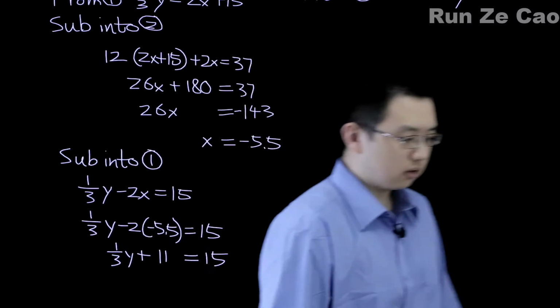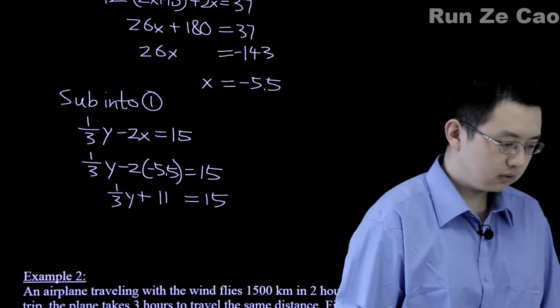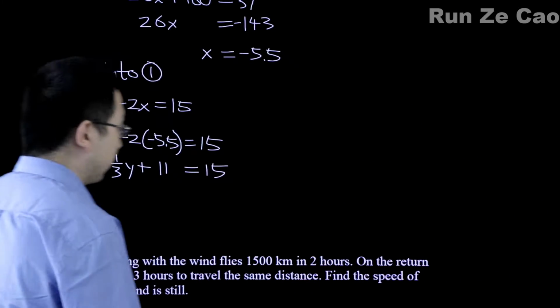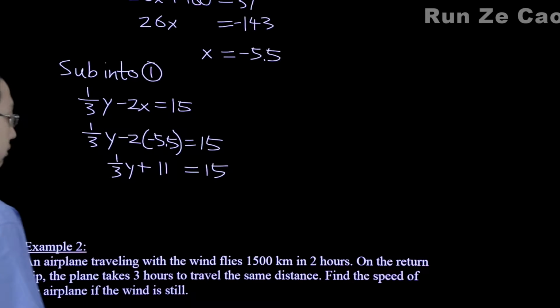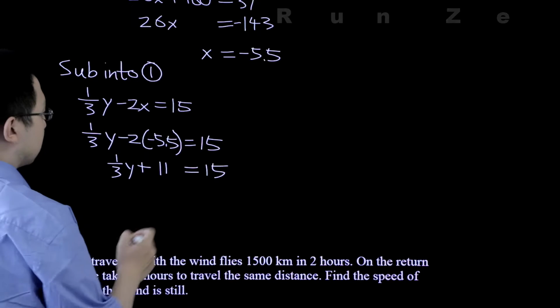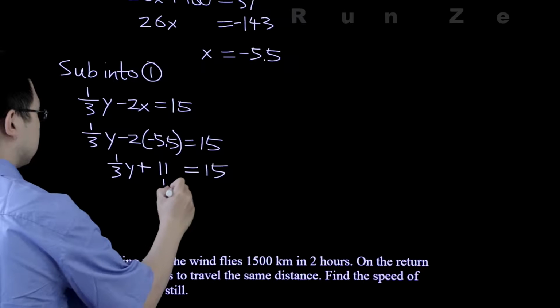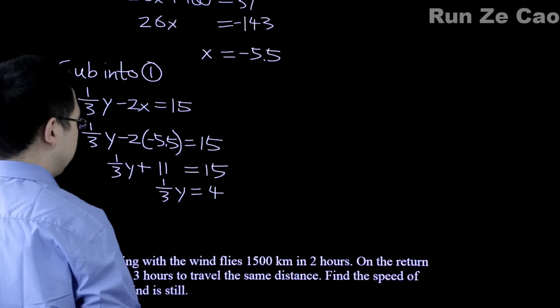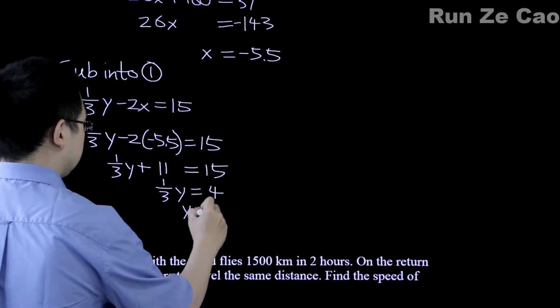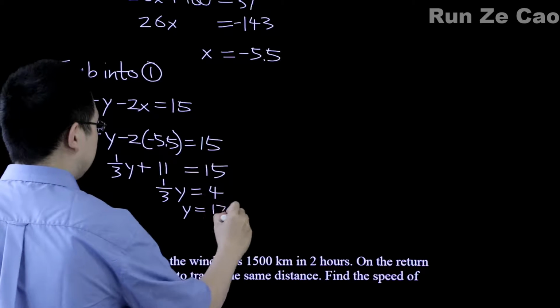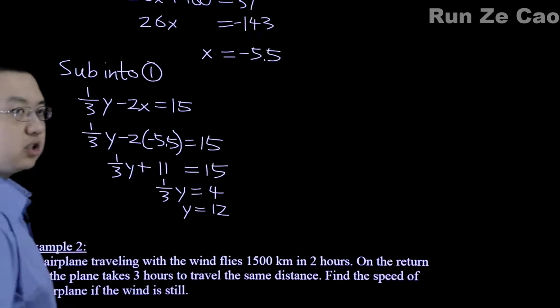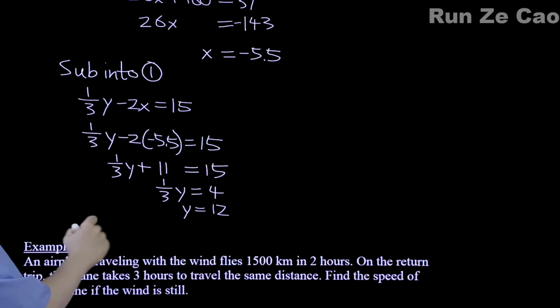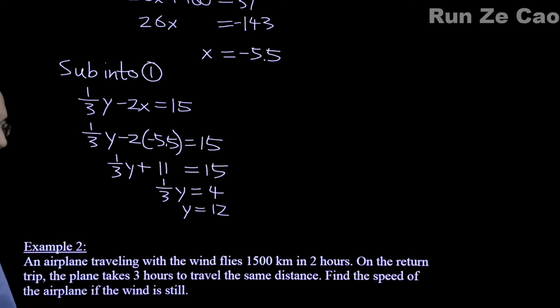And this leads us to an irritatingly large number of steps. We could have just done this to begin with, which would have put us straight to 1/3 y equals 4, and y equals 12. Now, in addition to these solution, brace bracket, x equals something, y equals something, there is